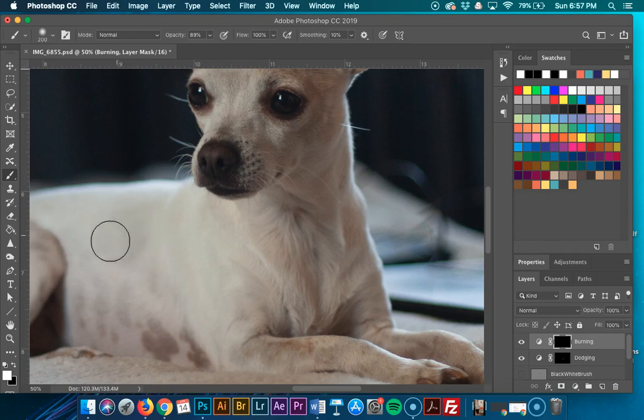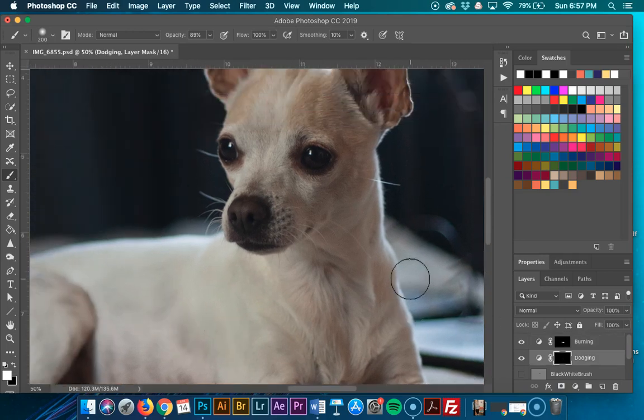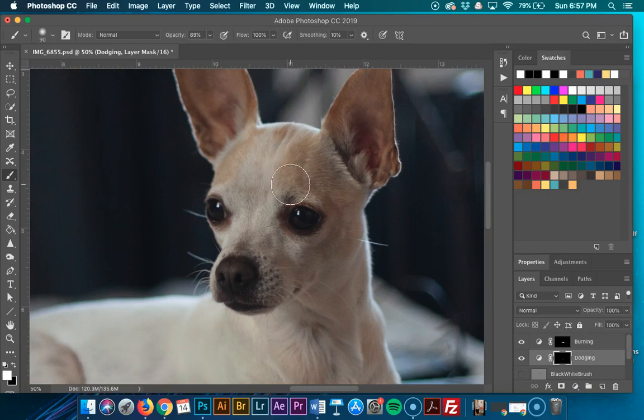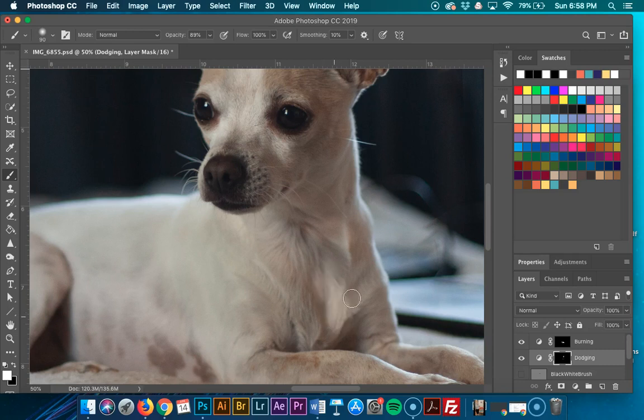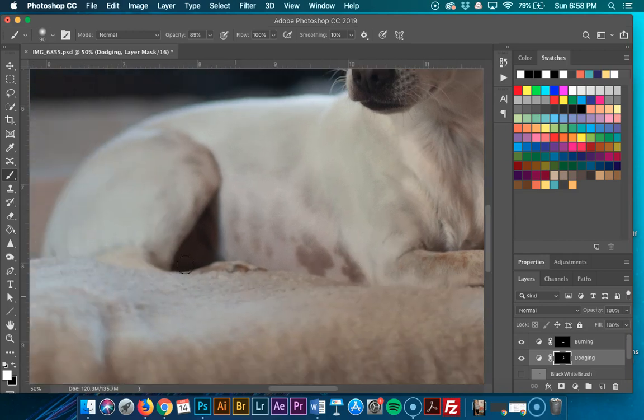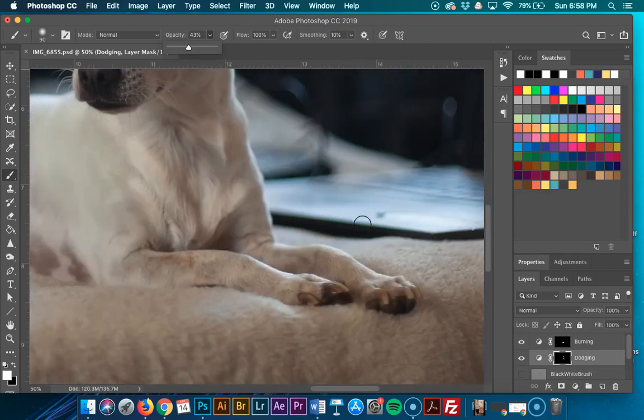I could say, you know what, I want this fur to have more of that texture. Now I haven't done any sharpening or anything, which you may want to do. And I can go to this dodging layer and say, you know what, I want this mask to just pop. Now I'm being really rough and dirty, but again, this is playing around with how you can take different parts of your image and make it pop. A lot of time you do dodging and burning and you don't realize necessarily that you're dodging and burning. You're just using the adjustment layers and pulling more things into the highlights to pull it